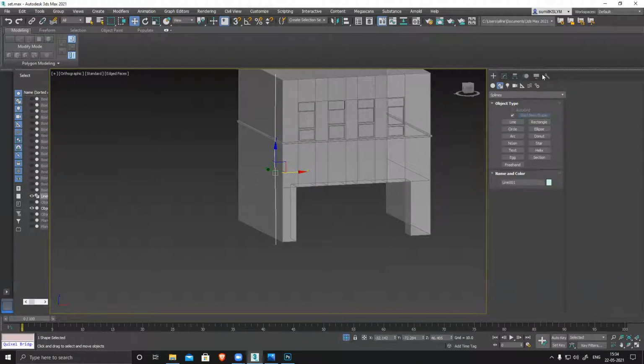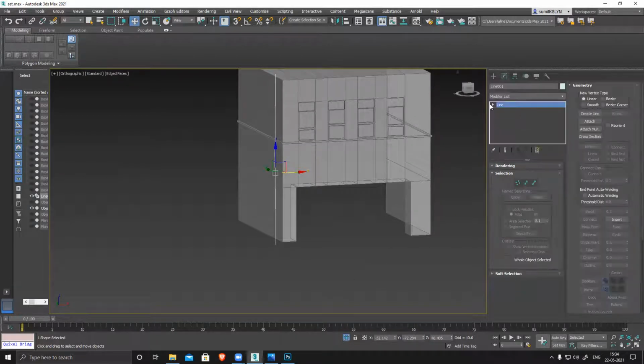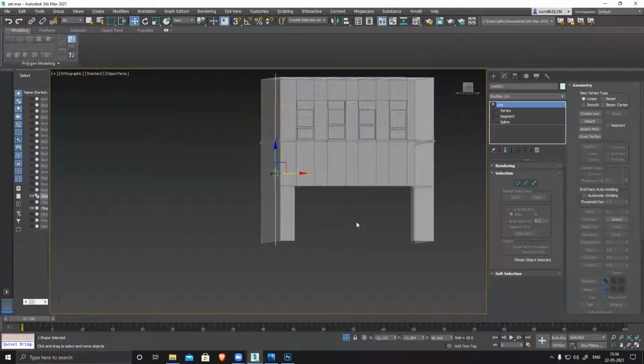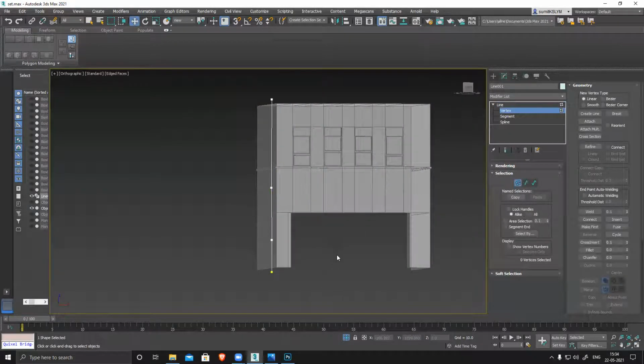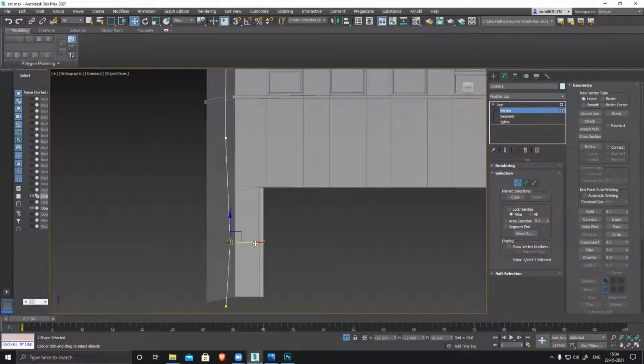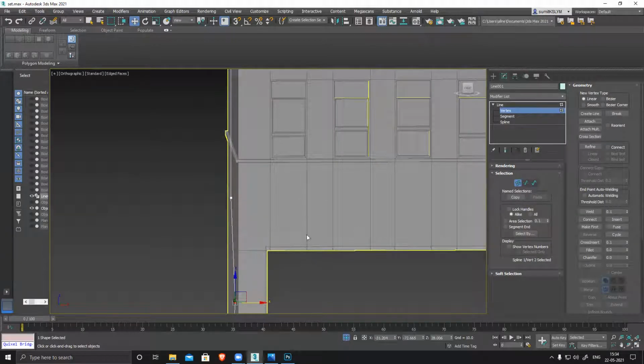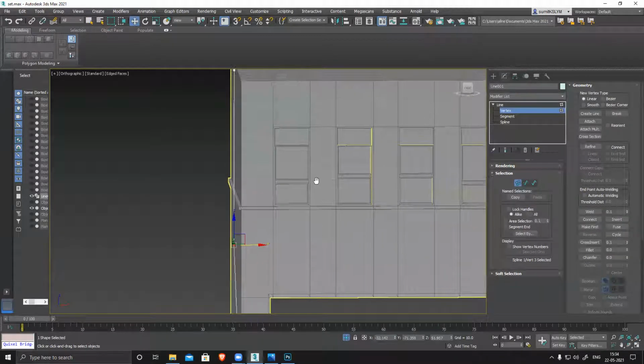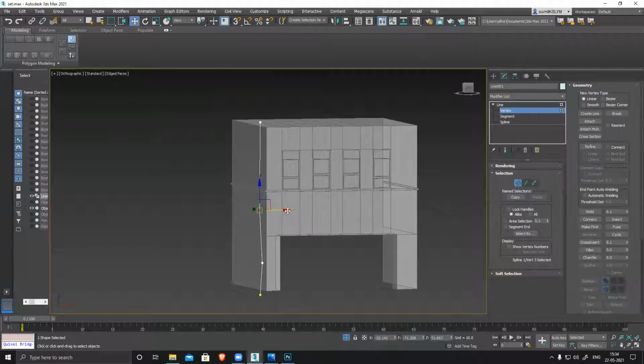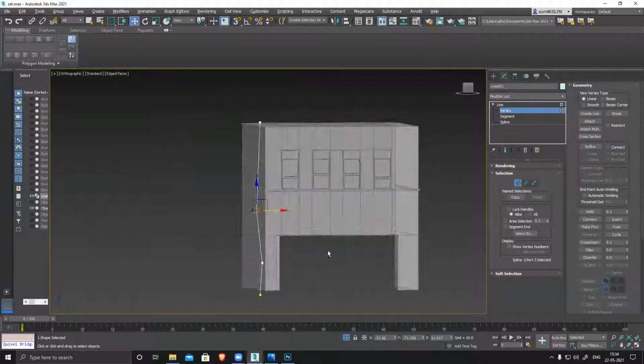And sidewise also, if you see, it's not perfectly straight. From front, it's a perfect straight line, but it's not. In our reference, it's not a perfectly straight line. And just go slightly inside, slightly outside. I create that bend.